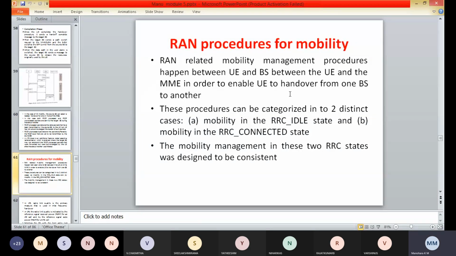Similarly, for the inter RAT handover, there are two events that can trigger a measurement report: event B1 and event B2. In event B1, the neighbor cell radio link quality on a different RAT becomes better than an absolute threshold. In event B2, the serving cell radio link quality becomes worse than an absolute threshold, and the neighbor cell radio link quality on a different RAT becomes better than another threshold.